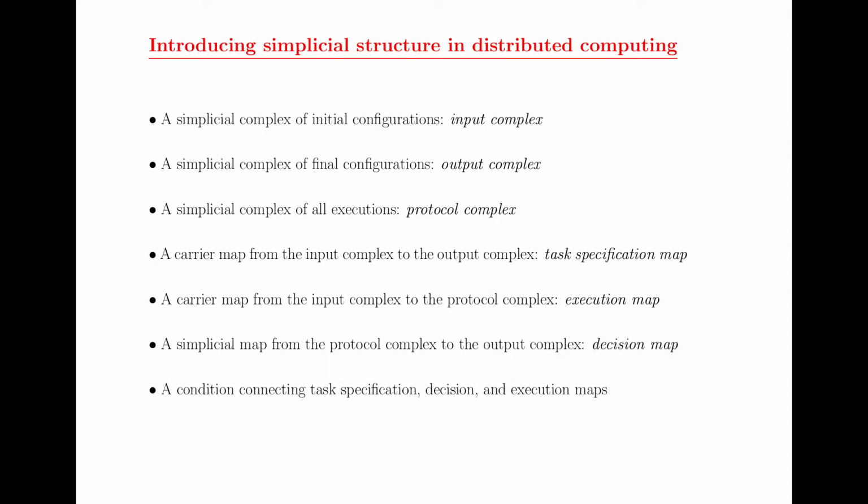So you don't have one execution, you have a totality of executions. You could see it as a set, but you could also try to associate a topological space to this set of all executions. You would want to have higher dimensional simplices corresponding to possible execution threads. And then you would want to glue them together, and the lower dimensional simplices would correspond to what subsets of processes see.